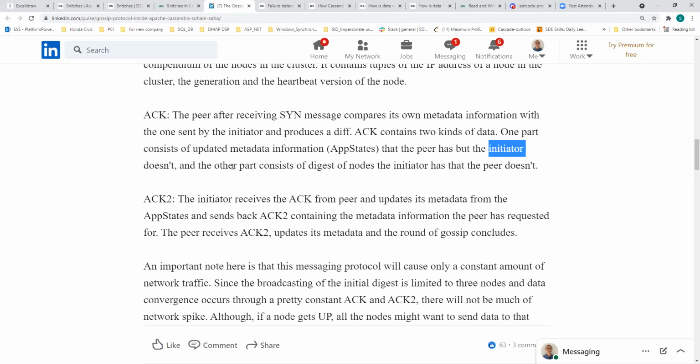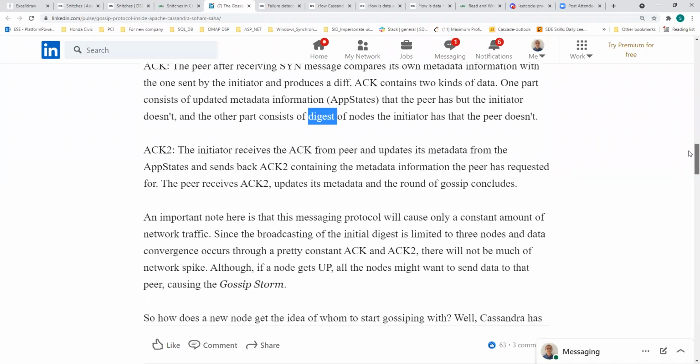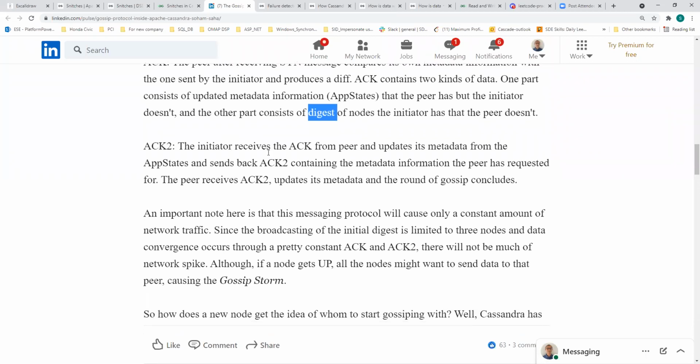And also the other part consists of the digest of the nodes the initiator has, but the peer doesn't have. Digest is like a checksum of the nodes. So based on that checksum, he will identify what nodes the initiator has, but the peer doesn't have. And then in the second step, when it receives this ACK2, it will again take that information and update